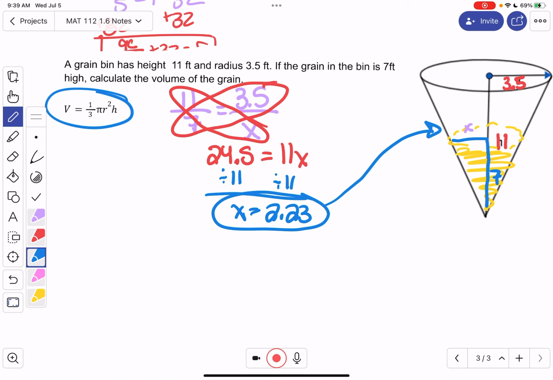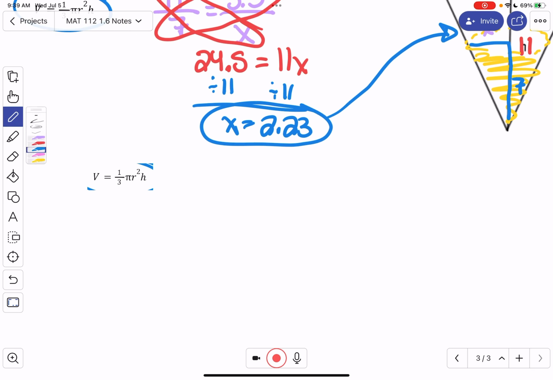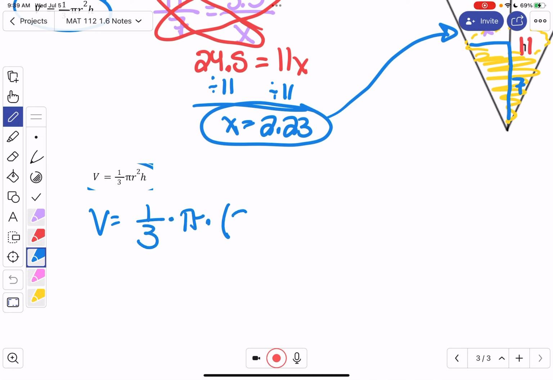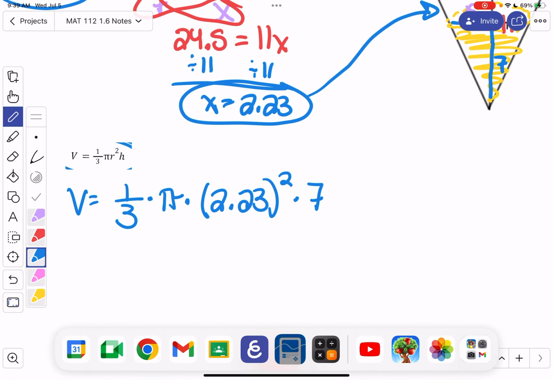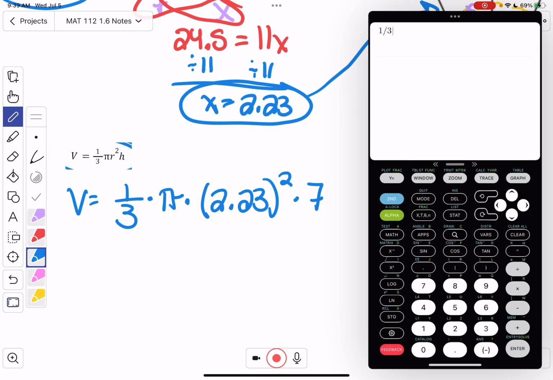Now, we're going to plug that into the volume formula. So if I bring this down here, volume is 1/3 times pi times the radius squared. We just found the radius as 2.23 times the height, which was 7. We can type that right in the calculator. So 1/3 times pi, and pi is the second caret. Caret's that little button above the division. So you hit second caret. And then times 2.23 squared, you can use the x squared button, times 7, gives us 36.45